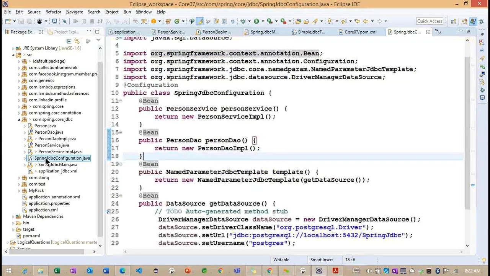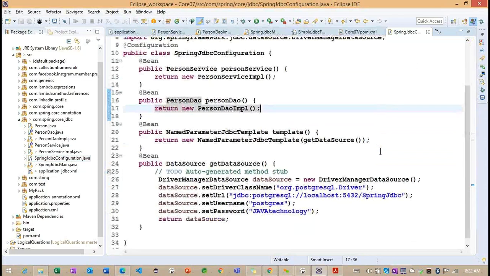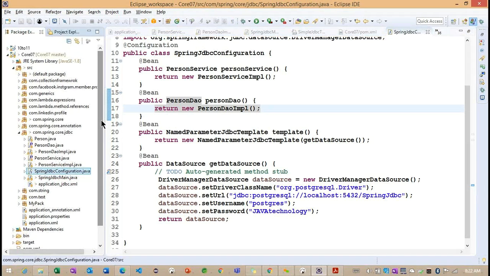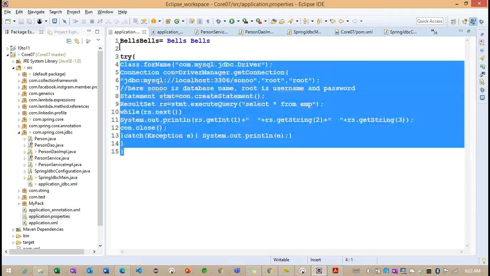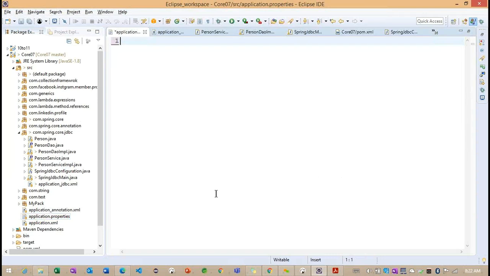So any questions regarding the configuration classes here? No, sir. Okay. So if we don't have any here, now what I will do, I will create an application.properties, right? Let me remove this particular configuration information. Now, what I want to write here,